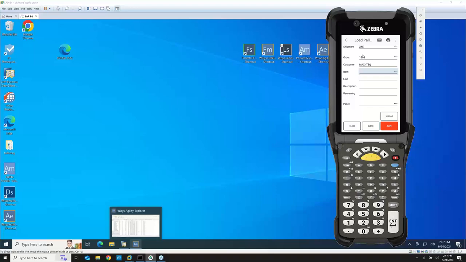I'm going to scan the item that we're going to take, and I'm going to take the next pallet, 1069. Oh, 1070. Now I can look up those pallets here, but I'm going to go in consecutive order so we can fulfill this entire order by loading pallets onto a shipment. Right? So we have this shipment, and I'm actually doing this with a handheld. I'm moving pallets throughout the warehouse and bringing that over to my staging area to be loaded onto a shipment